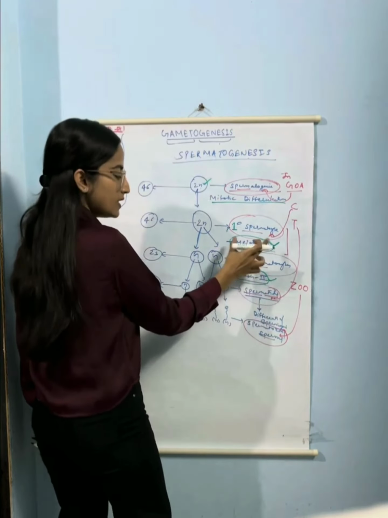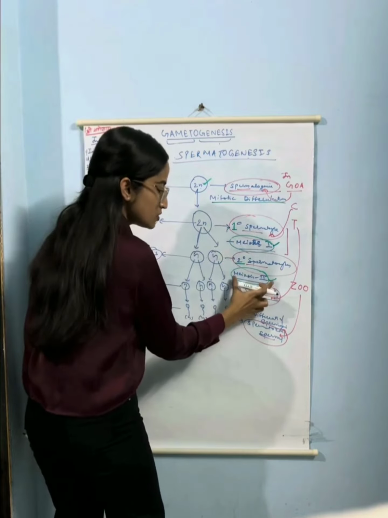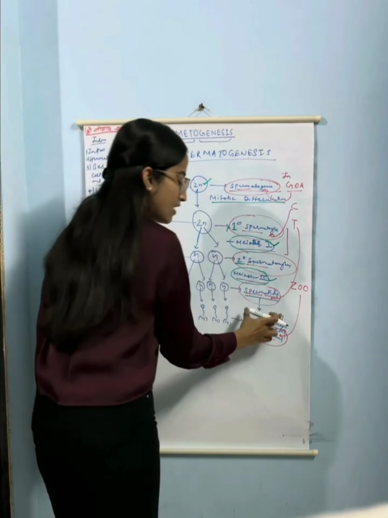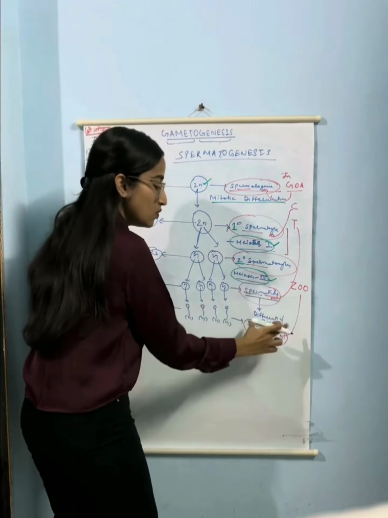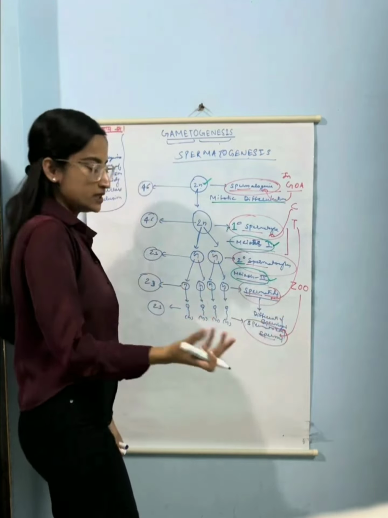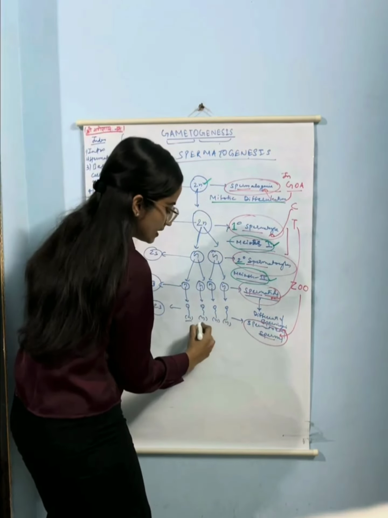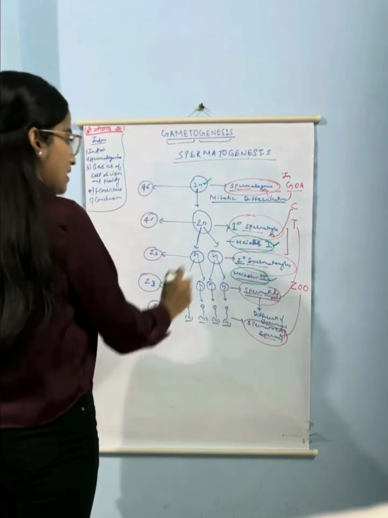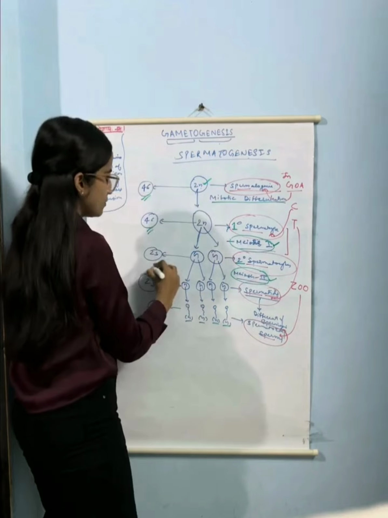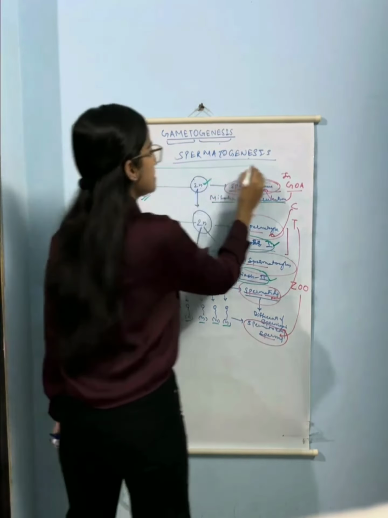You know that meiosis 1 is a reductional division, so ploidy remains half of its parental chromosome, and you know that meiosis 2 is an equational division, so ploidy remains the same as its parental chromosome. Then after meiosis 2 no division occurs, only differentiation happens, and in differentiation there will be no change either in the ploidy number or in the chromosome number. So in the sperm the chromosome number will remain the same, and if you know the diploid number, you can write the chromosome number by yourself in humans. So this is all about spermatogenesis.